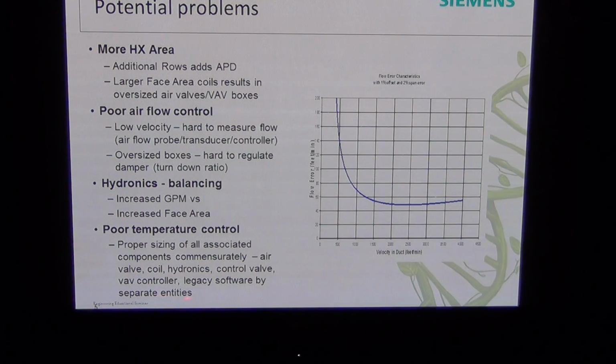And then if you get into hydronics where you increase the GPM versus increased face area, what happens then? That's right, you take a hit on your pump horsepower. So it's like either way you turn around, you're trying to design for an energy efficient building, and it's really a balancing act. And a lot of this will result in poor temperature control, because what happens is you have